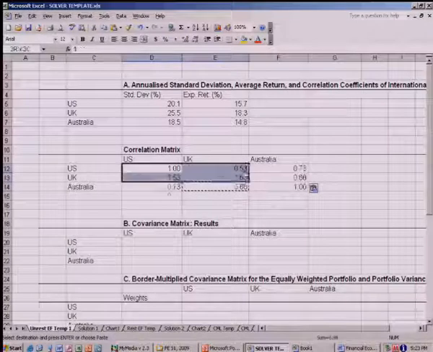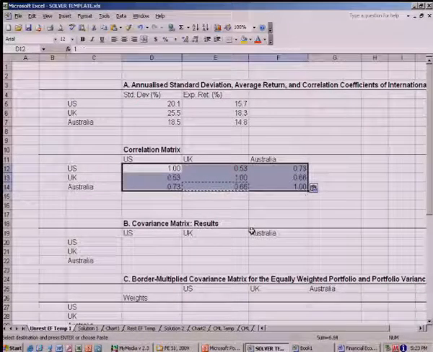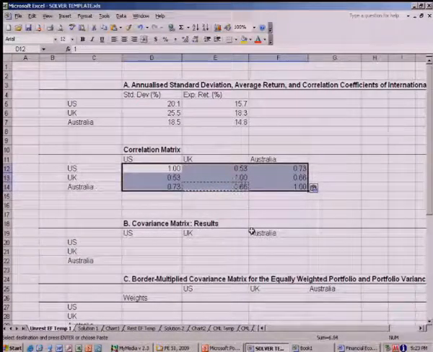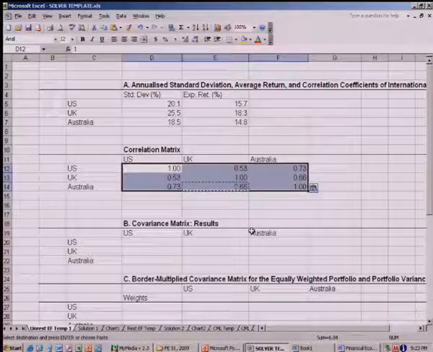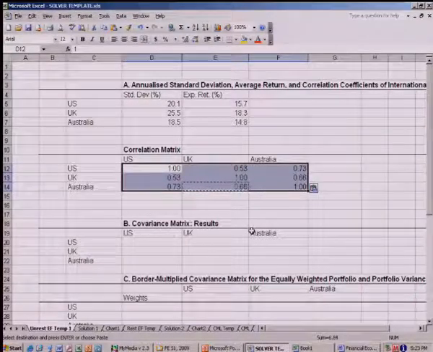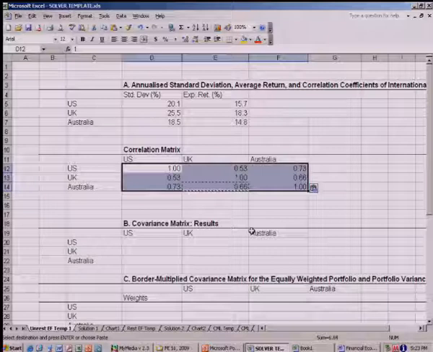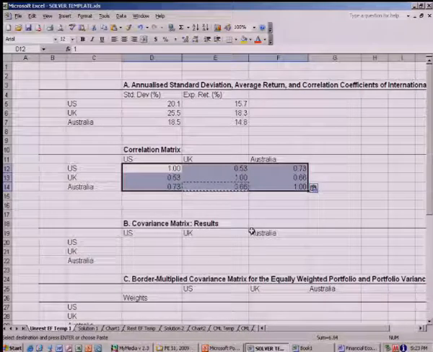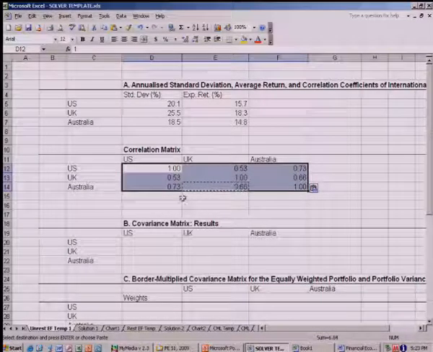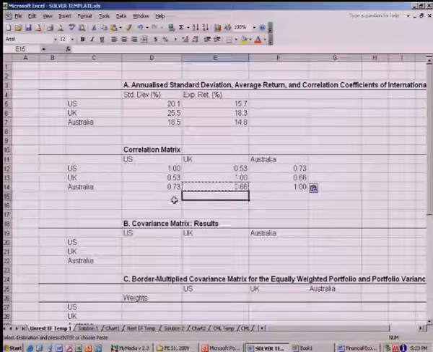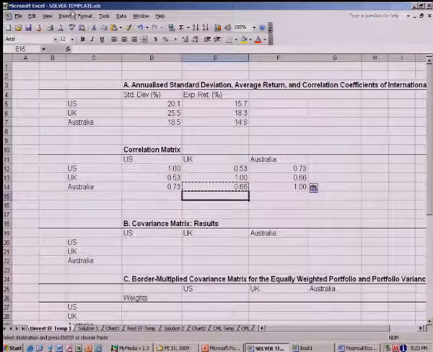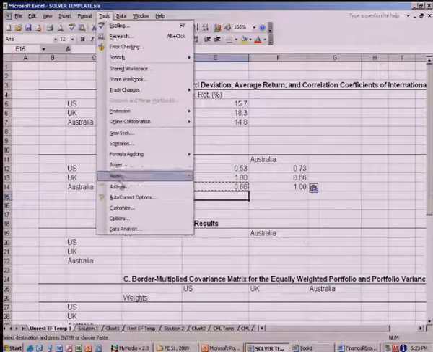So now you can see what I meant by the whole box being filled with the numbers, because when you use the correlation matrix calculations with the data analysis tool, you will not get the whole box filled, you will only get half of it. And I think I should have mentioned it right at the beginning,